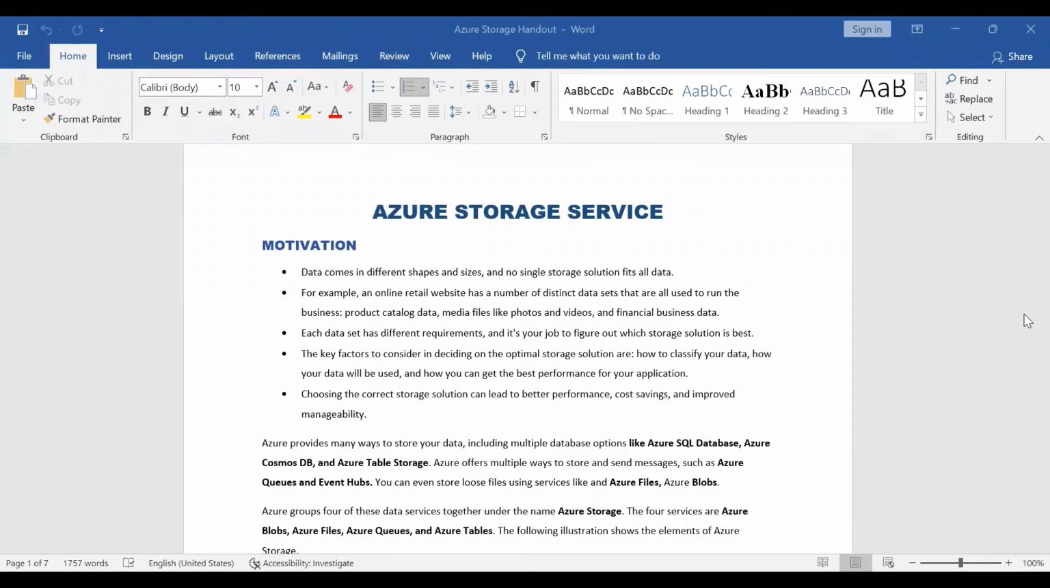Hello friends. So today in this session we are going to learn about Azure Storage Service. And in this video we will just see the introduction to Azure Storage Service. So before getting into the Azure Storage Service, let me give you some motivation of why this service is so